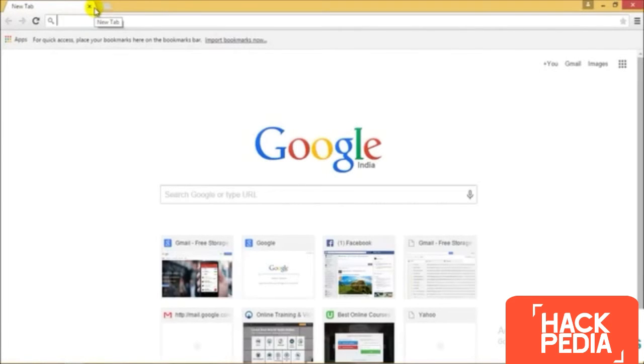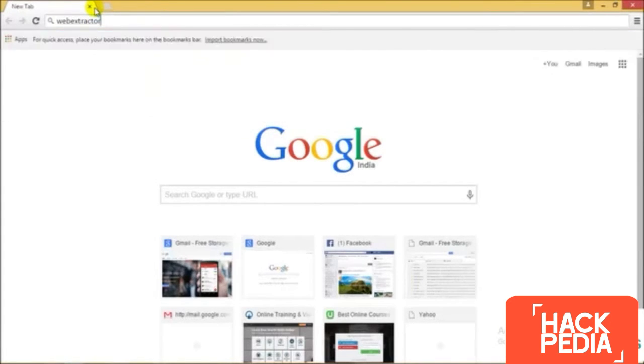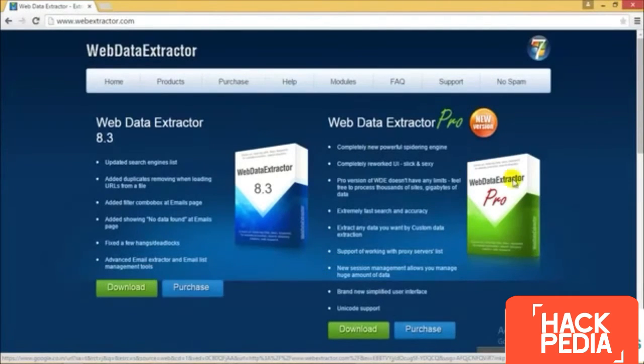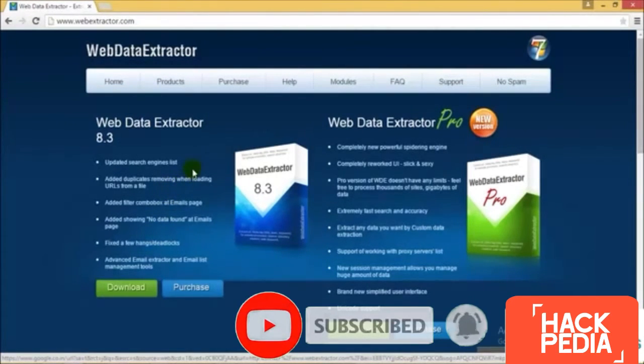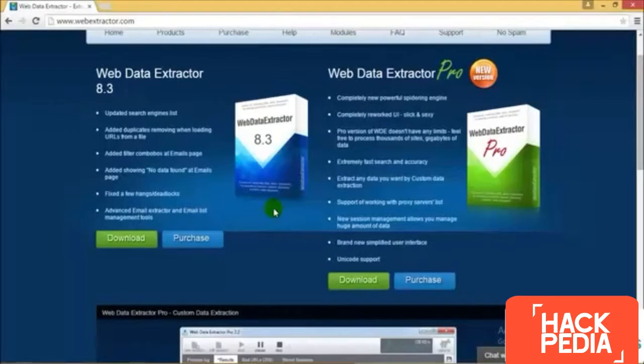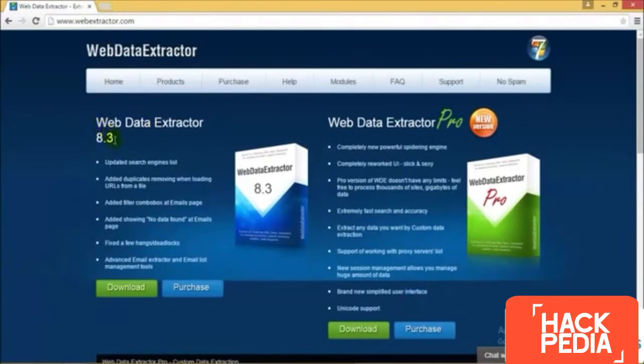The Web Data Extractor. Okay, so this is the website, and I believe they have started selling these things, but you can always get a free version by using the torrent, and you even have the non-pro version, with which you can do a lot of things. And this just has a simplified user interface and Unicode support, whereas this does not. So it does not actually make it a better one, so you can use the normal version anytime without supporting it. But I would ask you to go and support this, because that's what we need.